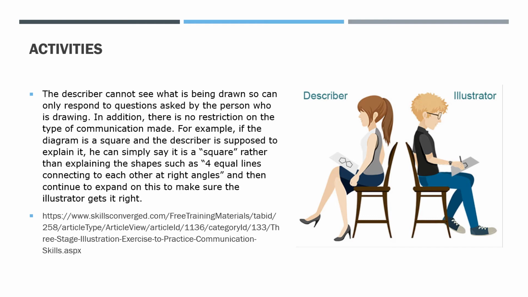So have two students sitting back to back as in the picture, and have one of them with a picture in front of them and describing the picture. And then the illustrator will have to draw the picture on a piece of paper to see to what extent that picture is similar to the one that the describer is describing. So this is a generic way of giving feedback, and you have the link to the article in there,